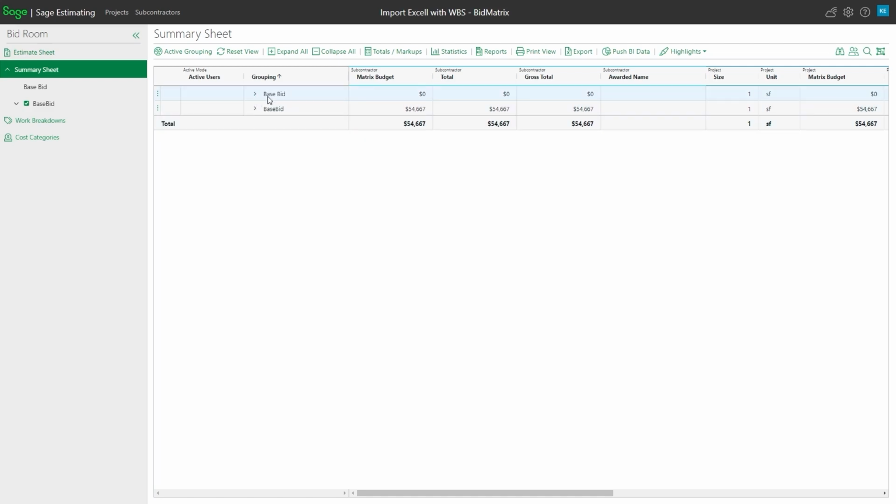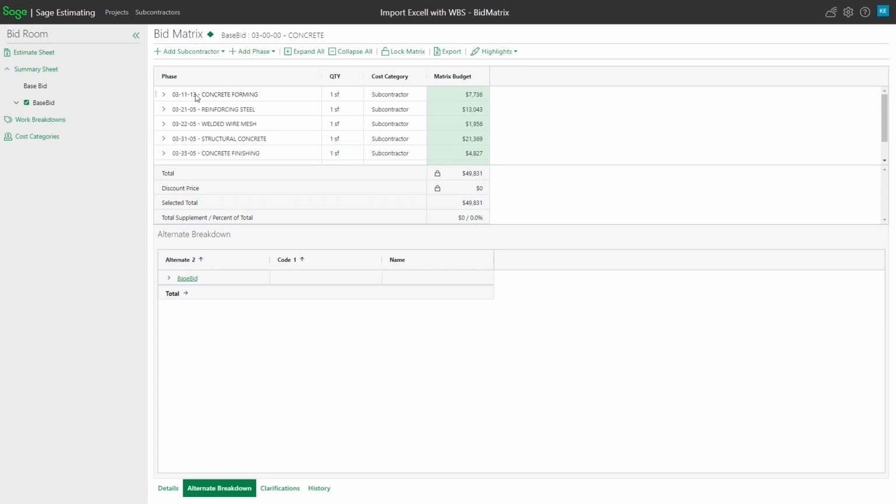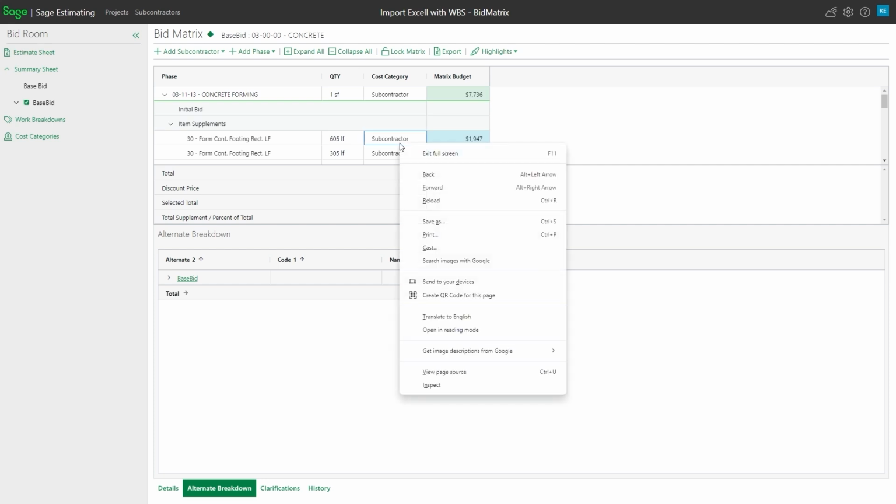So now notice that everything fell under base bid. I had 3 different bid matrices. Within a bid matrix, we had our phases. Within each phase, we had different items. So that's all exactly the same as what it was previously. But the main difference is now, as I start taking a look at this information,